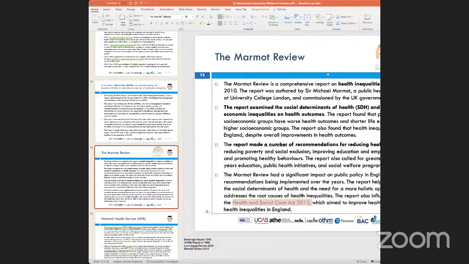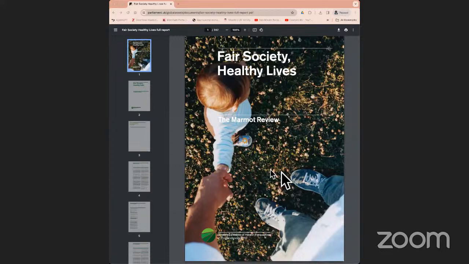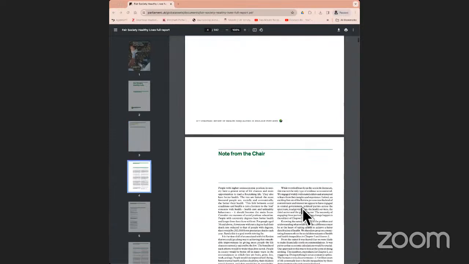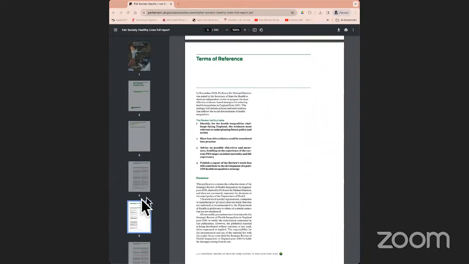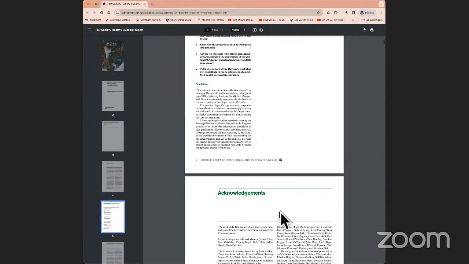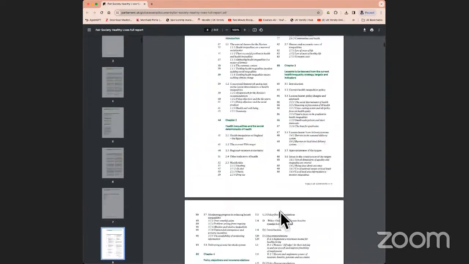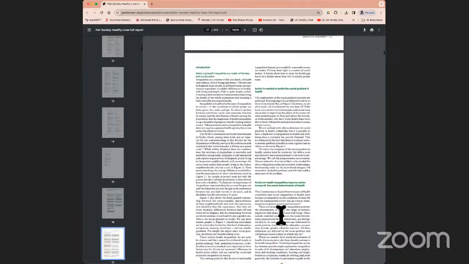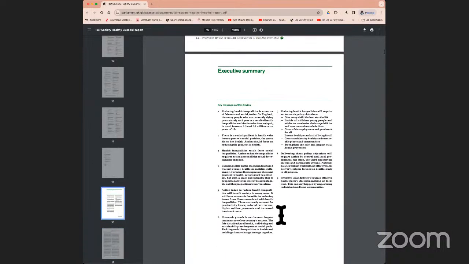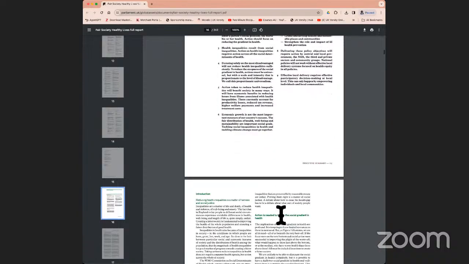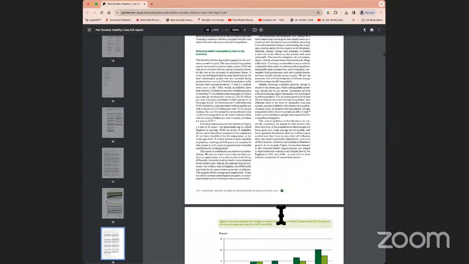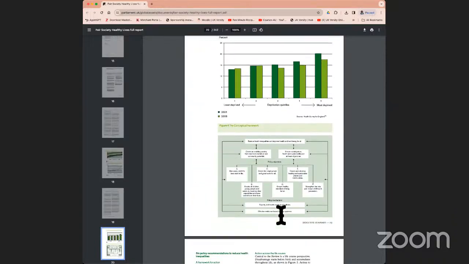So let me just very briefly show you the report, which is a PDF document that is going to be available. And this is the Marmot review, which you see. Now, some part of this you could skim through, because this is a report published on the Parliament UK website, from which I've downloaded it. Obviously, there are a couple of pages that you can skip, but the basic bits that you would need to look at would be the executive summary in general, which gives you an overview of why this review was established in the first place. So a couple of pages, including the first chapter, is what I would suggest that if you read in thorough detail, would allow you to